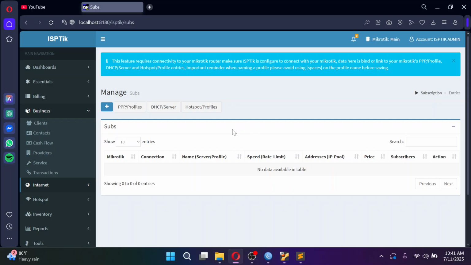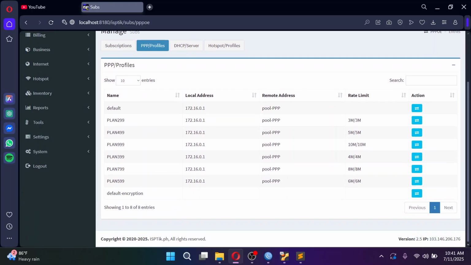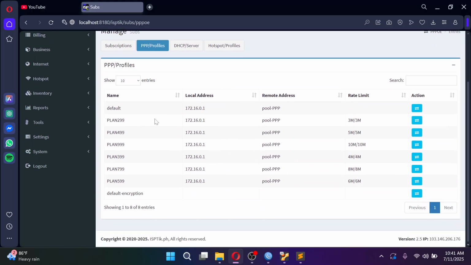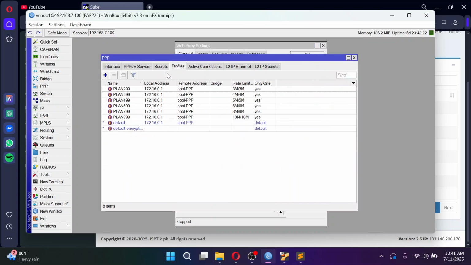Okay, set up. So just click on PPP profiles. So basically what this does is it reads the existing PPP profiles from your MikroTik. So if you will notice that plan, okay, it is the same here from your profiles.